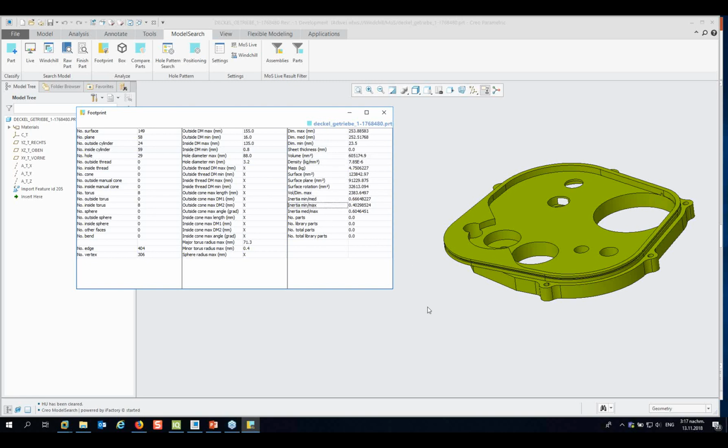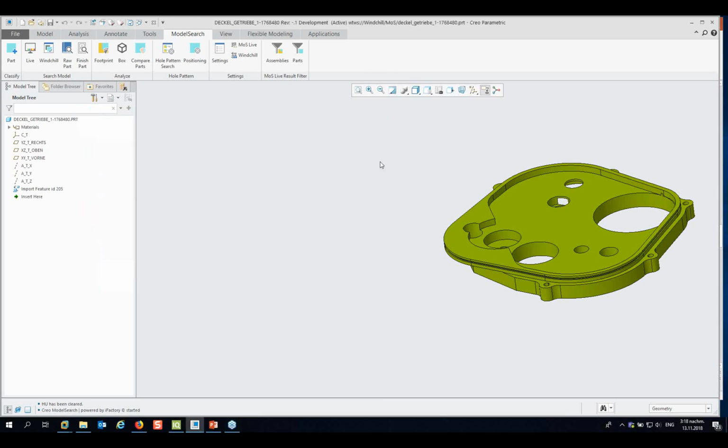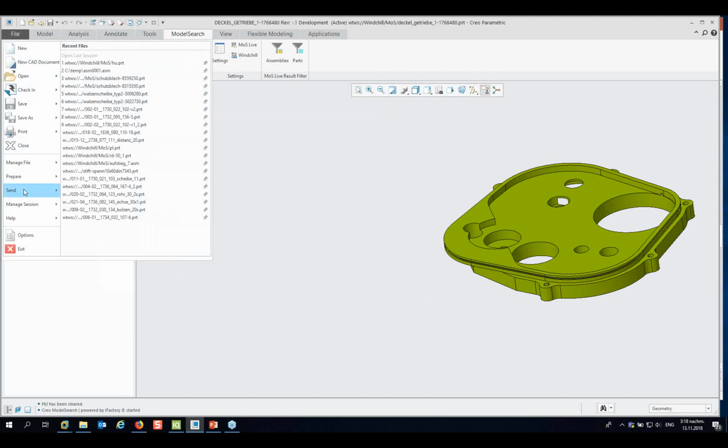So you can imagine it doesn't matter how complex a part is, the data size for the footprint is nearly always the same. And this footprint is the information we use for checking for similar parts or checking for duplicate parts. So, we can use ModelSearch first of all during the creation process. For instance, if I create a new part,